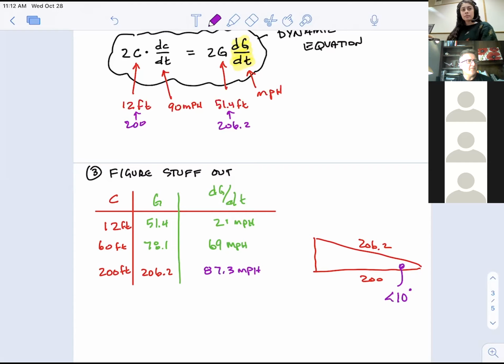And if I went even further out, I'm not going to do this one. I'm going to erase this. But if I went up to like 500 feet, does it make sense? This might be like 89.9 miles per hour, because now you're way out there, and so you're pretty much lined up with the cop now. You're so far out there now that angle, that sliver of an angle right there, is really tiny.